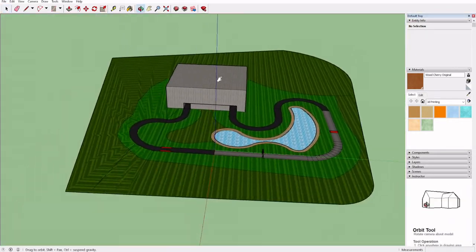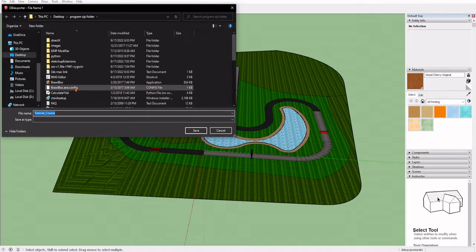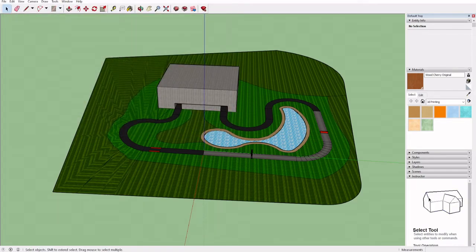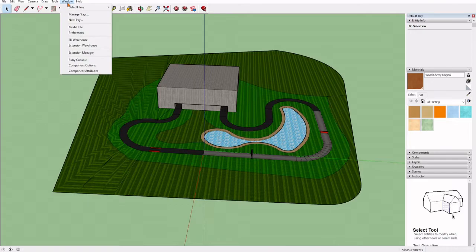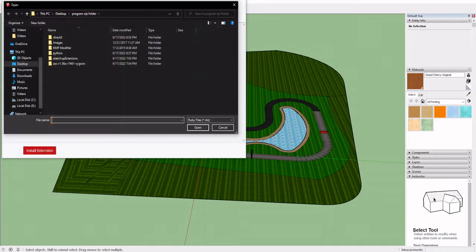Alright, first thing you want to do is check File. Make sure to check if you have the OBJ exporter. It'll be what allows you to export it as an OBJ for future use. After you've made sure you have the OBJ exporter, make sure to go to Window, Extension Manager, Install Extension,